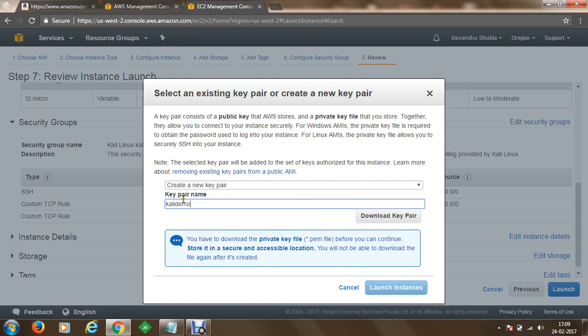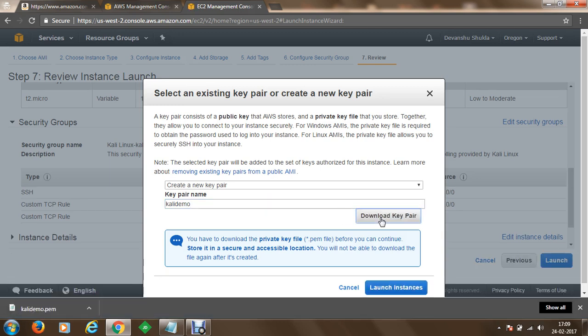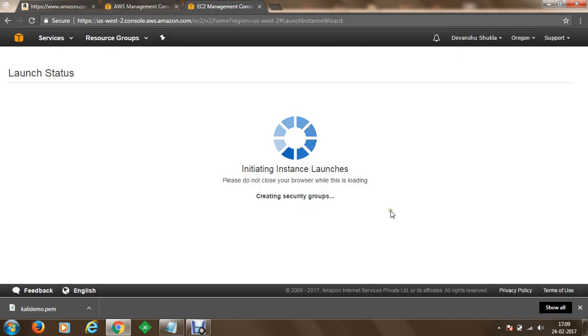This Kali demo will be the key to access your Kali Linux server. We can download the key pair, and you can see that our demo.pem has been downloaded. We can proceed to launch instances, and now once the instance is ready, we will be able to access our Amazon EC2 with Kali Linux installed.